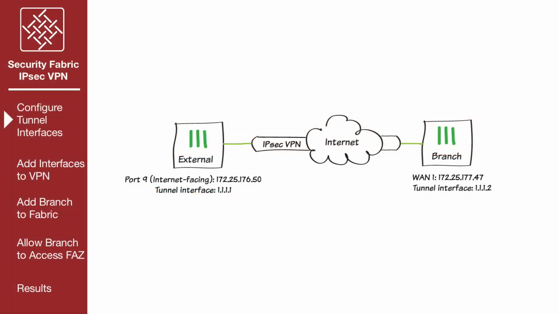Now configure the tunnel interfaces. In order for FortiTelemetry traffic to flow securely through the VPN, FortiTelemetry traffic must travel between the tunnel interfaces, with the interface on external listening for this traffic. The tunnel interfaces require IP addresses. In this example, the external tunnel interface is assigned the IP address 1.1.1.1, and the branch tunnel interface is assigned the IP address